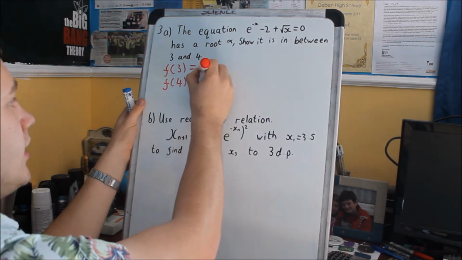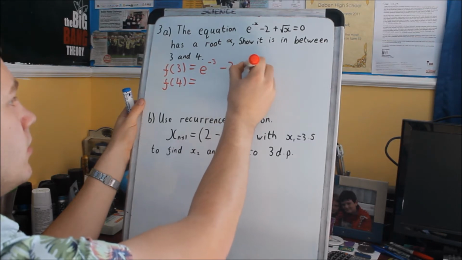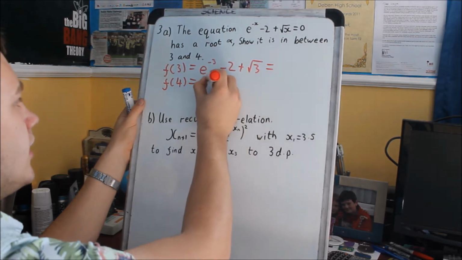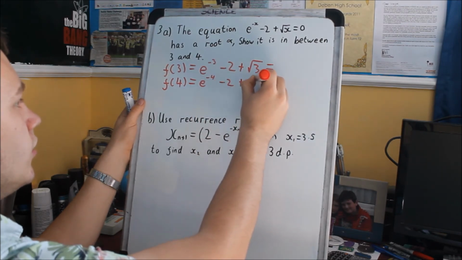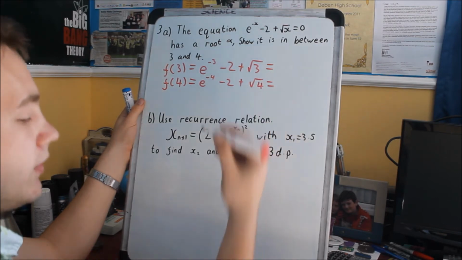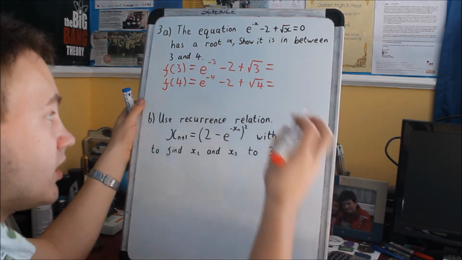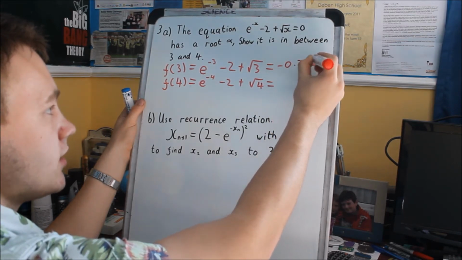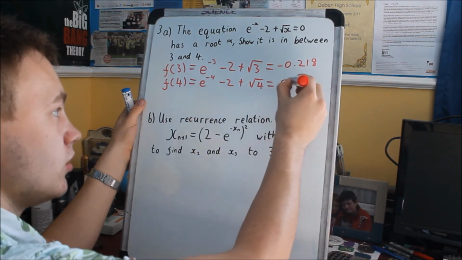So we get e to the minus 3 minus 2 plus root 3 equals, and then e to the minus 4 minus 2 plus root 4 equals, and if you type that into your calculator, you'll get the first one is equal to minus 0.218, and the other one is equal to positive, as we'd expect,